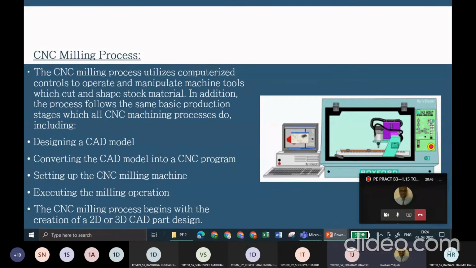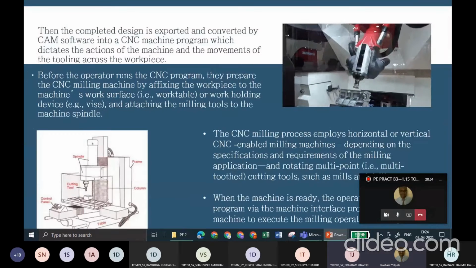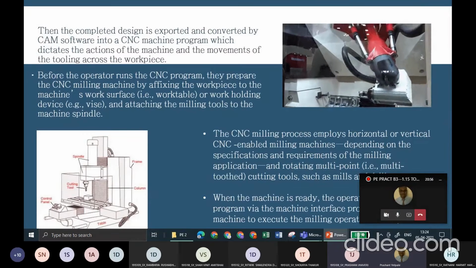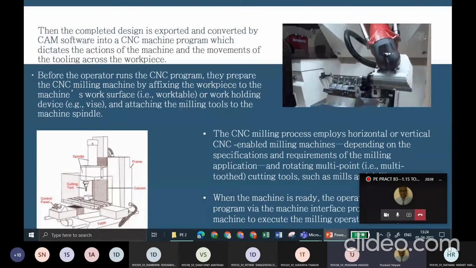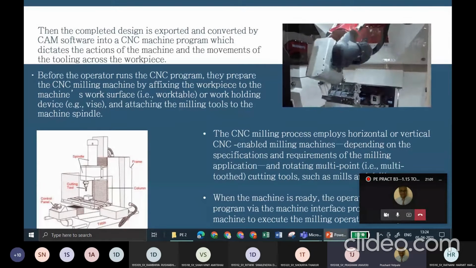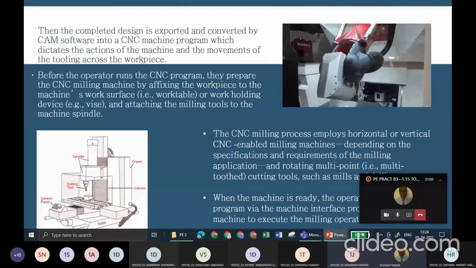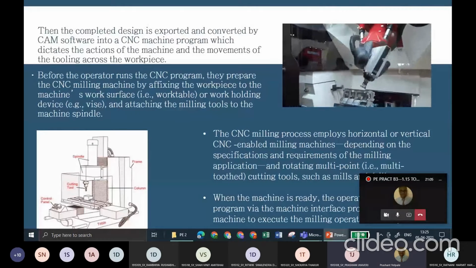Then we have to set up the CNC milling machine, and the program is put into the machine. Next is the completed design. You have to export it and convert it into a CNC program, because the machine only understands the CNC program.